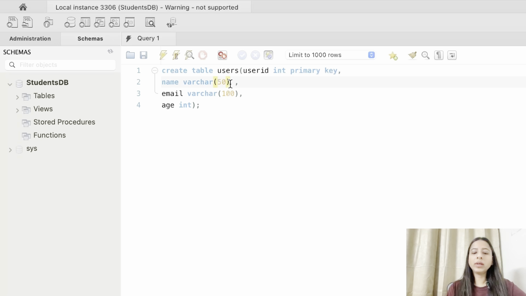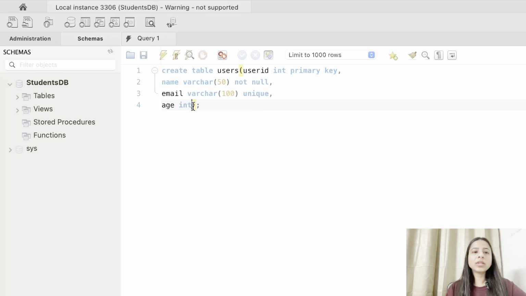Name, let's say we give it as not null, because what is a user without a name, right? So let's write not null. Email, let's give it a constraint, say unique. Why unique? Because we don't want any duplicate accounts to be created with the same email. So better write unique.